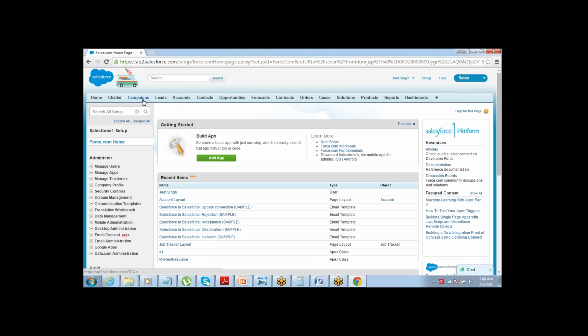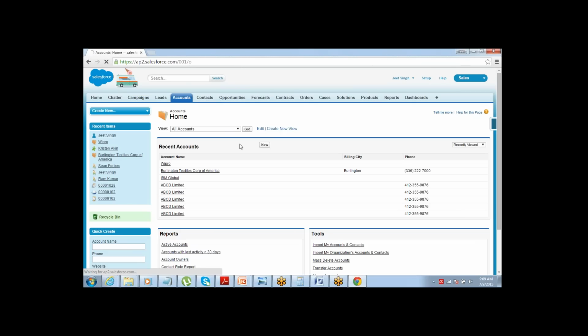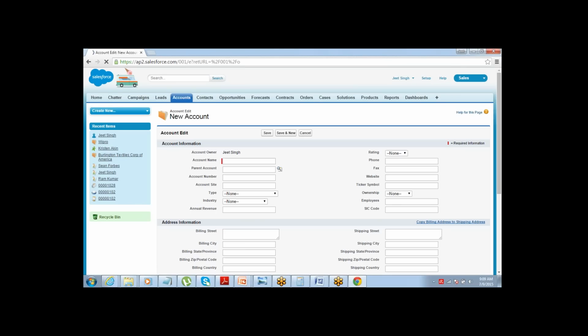I just go to that particular tab and enter the data for that tab. Let's say I have a new account for my company. I go to the accounts tab, click on new, and then create that account, right? It can have whatever name you want to put. You can just put the details. Let's say the account name is American Express. Okay, and then you put all those details and save it, right?